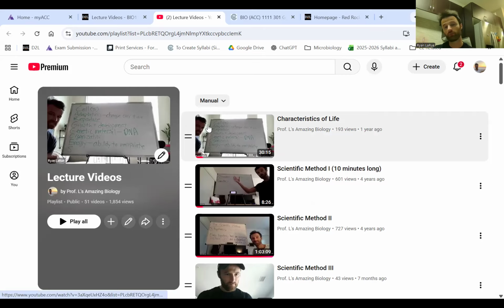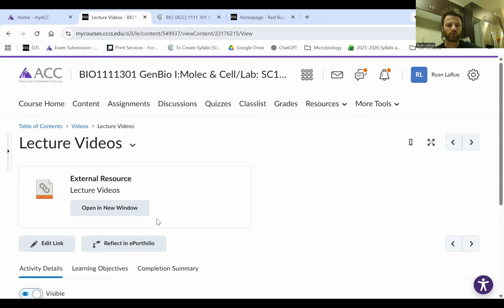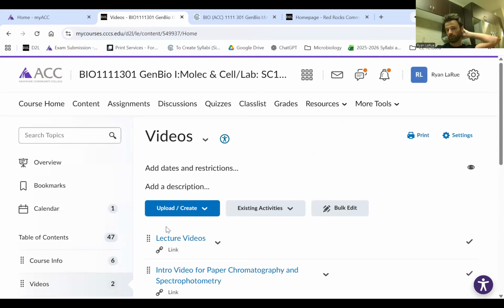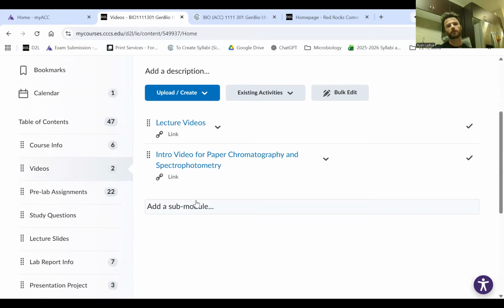In fact, I recommend bookmarking D2L. Should have mentioned that. So you don't have to go through my ACC and do that every time. I have D2L bookmarked. You can even see it here on my screen. Just click that to get you to that main homepage. I would highly recommend that. Okay, cool. Let's keep going here. I'm going to go back to content, see if there are other things I want to show you.